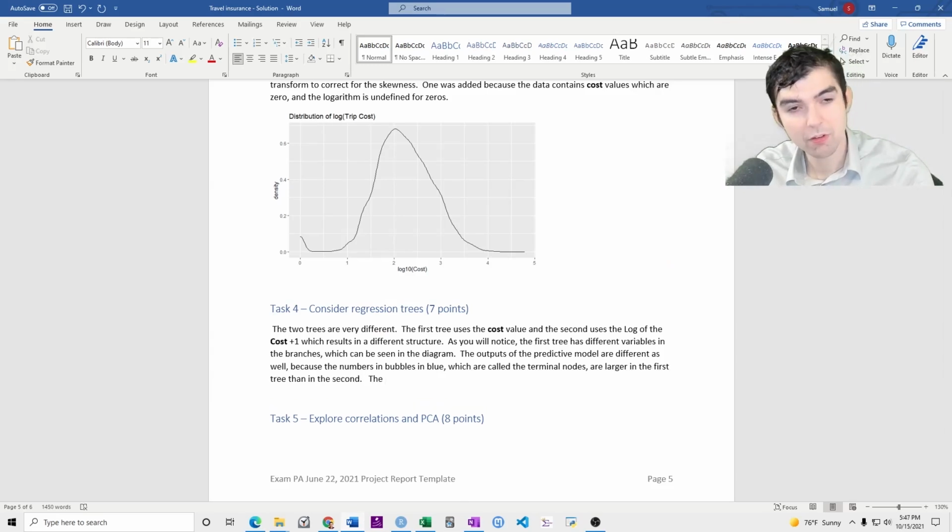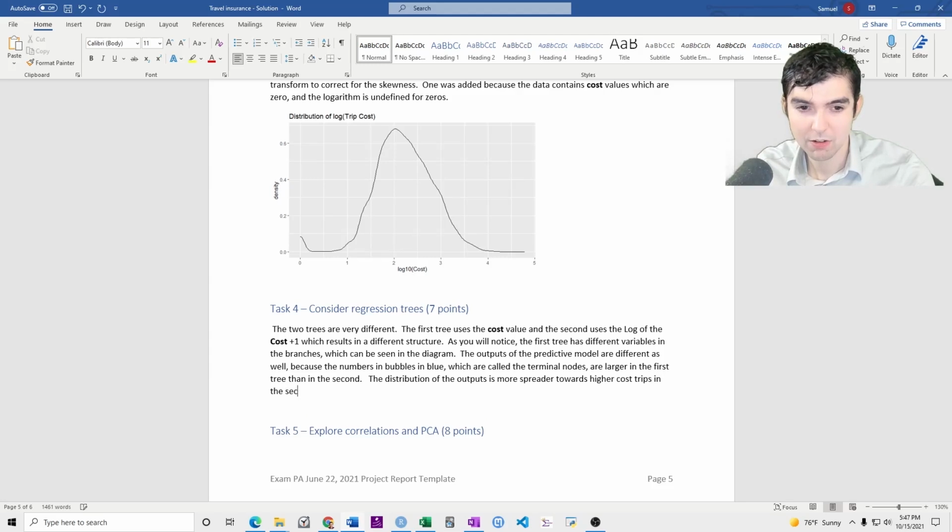The shape or the distribution of the outputs is wider, more spread towards higher cost trips in the second tree, which can be seen from the percentages shown.